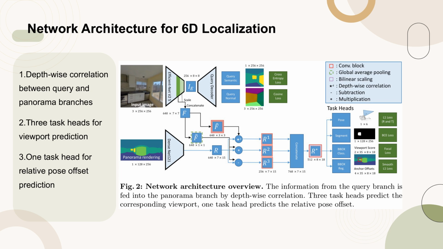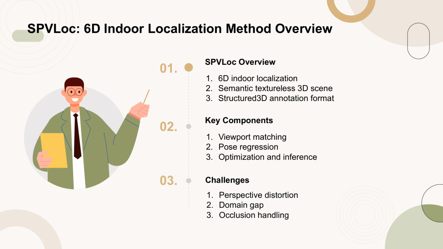The network includes 3 task heads dedicated to predicting the corresponding viewport within the panorama. Additionally, there is a separate task head that predicts the relative pose offset, which is crucial for accurate localization. This design enables the network to effectively match perspective query images with panoramic references, thereby enhancing the precision of 6D pose estimation. SPVLoc is a method designed for 6D indoor localization of a 2D RGB query image within a semantic